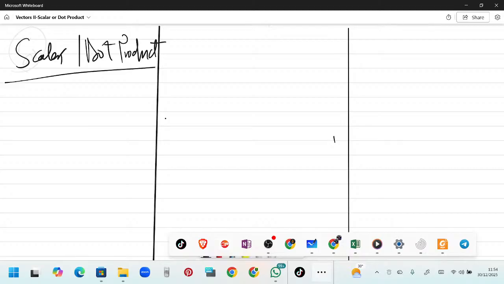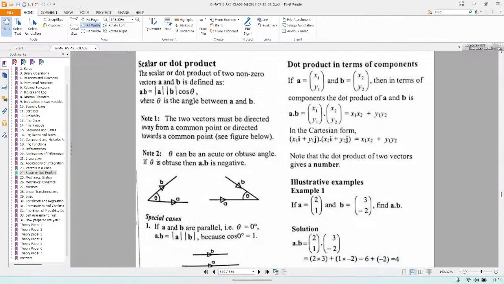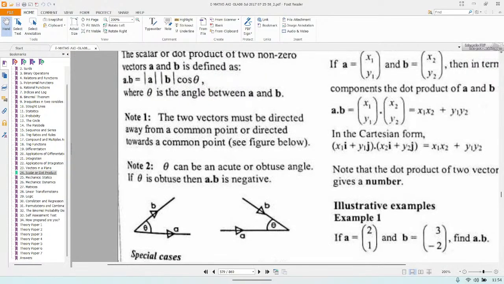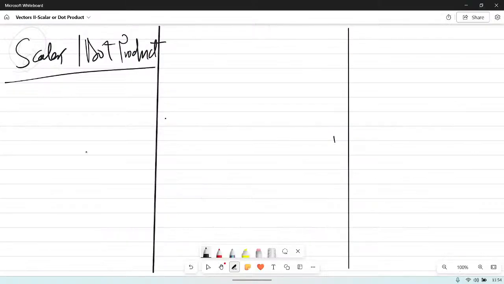Now when we talk about scalar or dot product, this is what we are talking about. It's the concept. So if we have two vectors, let's say this vector A and vector B, A dot B. More often, we like to use the position vector. Position vector A dot position vector B equal to